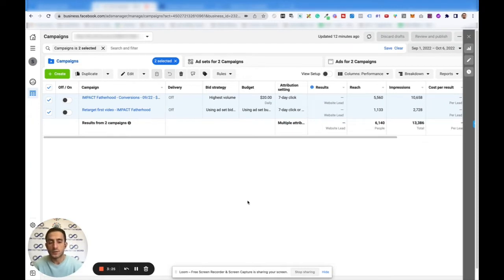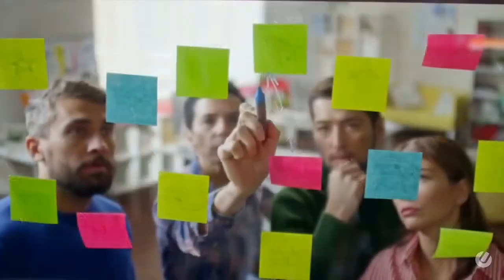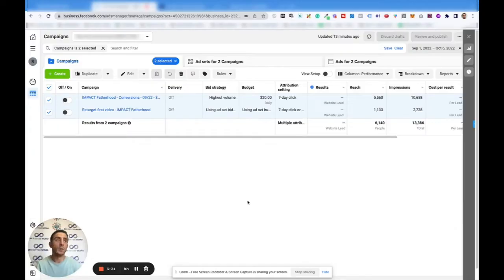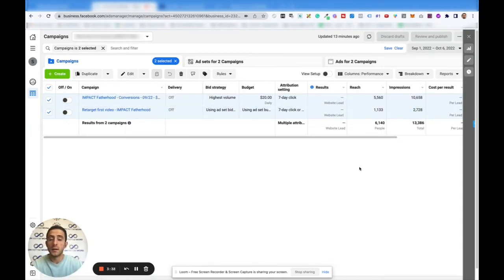Now, the differences are prospecting campaigns are going to be prospecting new audiences, so new potential customers, people who have never heard of your brand before. And then the retargeting campaign, I think it's always important to run a retargeting campaign behind your prospecting, because we